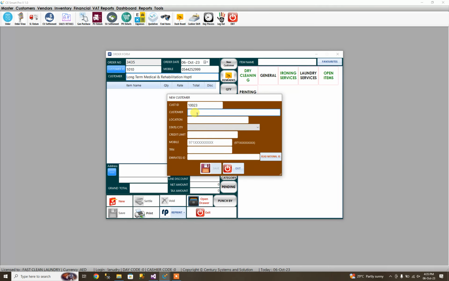You can give the customer name and the location, select the city, and the credit limit. If the customer is paying monthly or later, you can give a credit facility to him. So you can give the maximum amount of the credit facility. Then the mobile number of the customer,